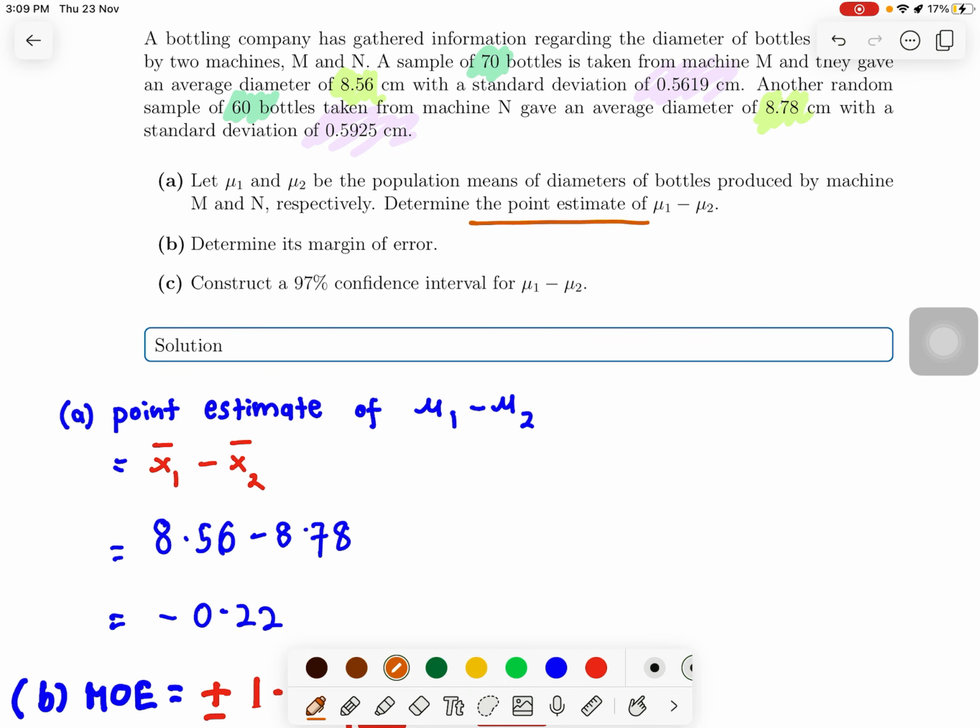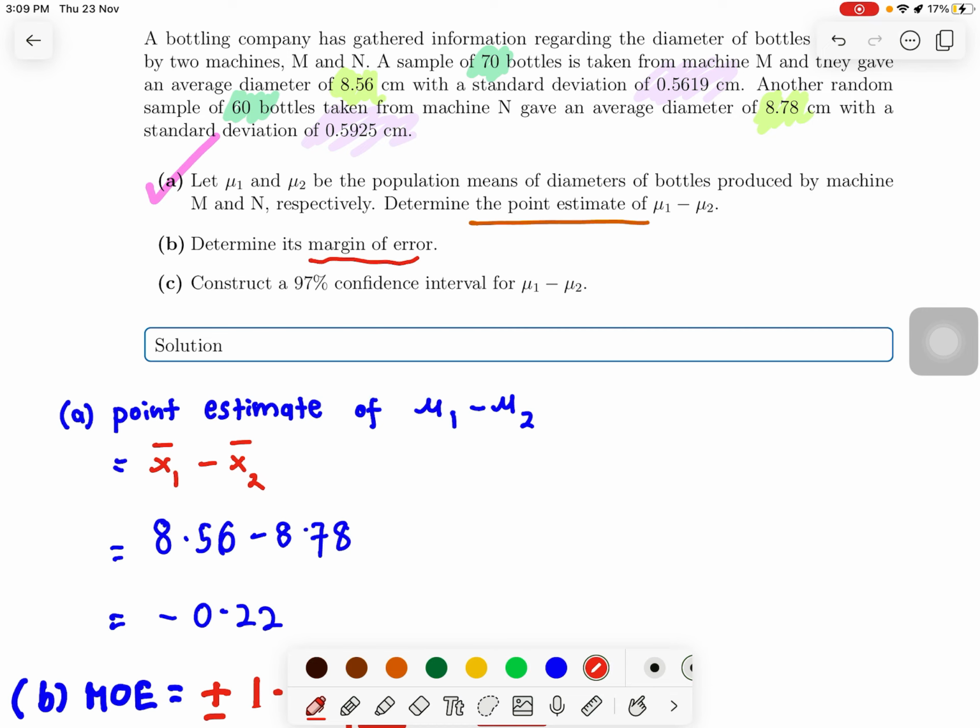8.78. Okay, so I already calculated it. So the value is negative 0.22. So we complete this one. So B, determine its margin of error. The same goes as in one population. Alright, remember the formula for margin of error. So for those who forgot, I write it again here. Okay, margin of error is